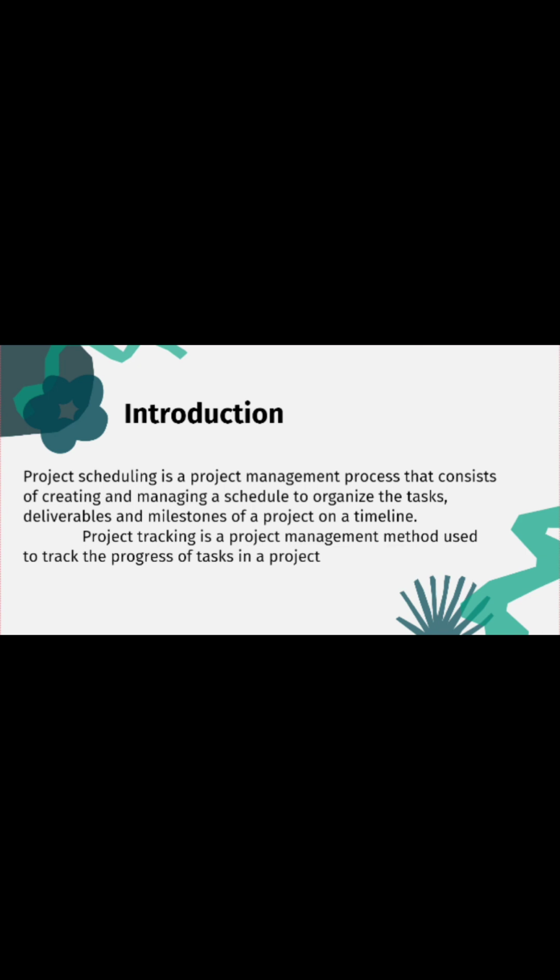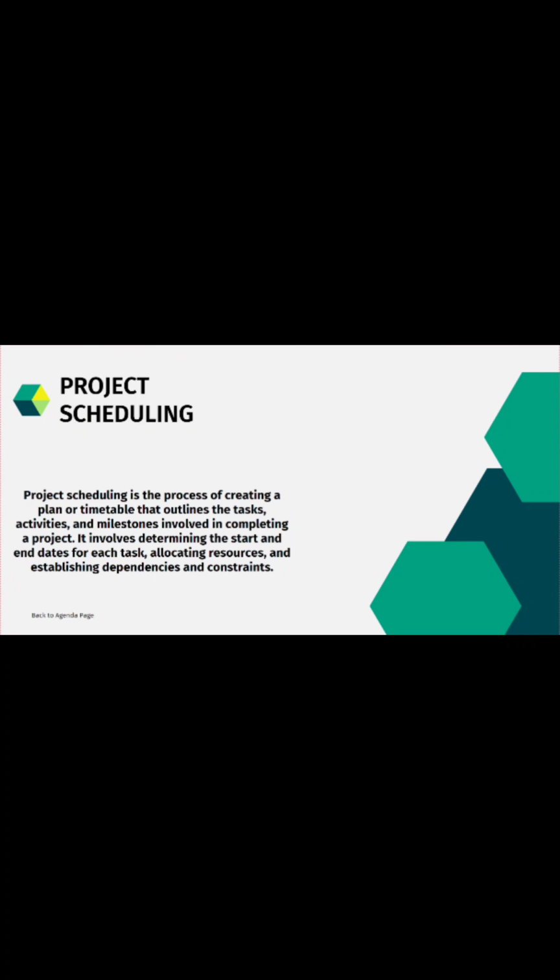Next is project scheduling. Project scheduling is the process of creating a plan or timetable that outlines the tasks, activities and milestones. It is also a roadmap of all activities to be done with a specified order and within a time slot to each activity. It determines the start and the end date of each task, allocating resources and establishing dependencies